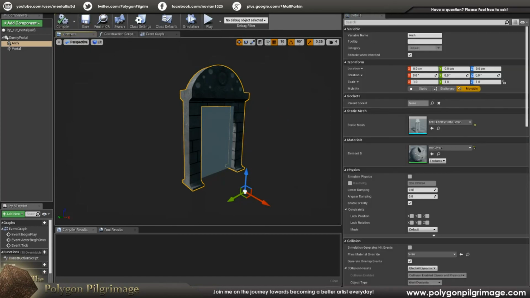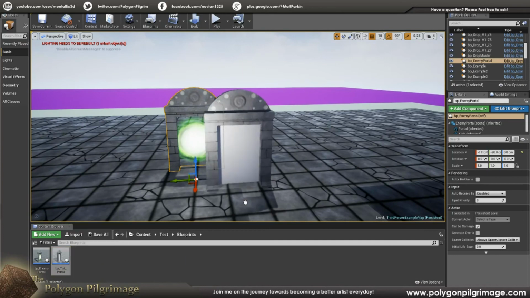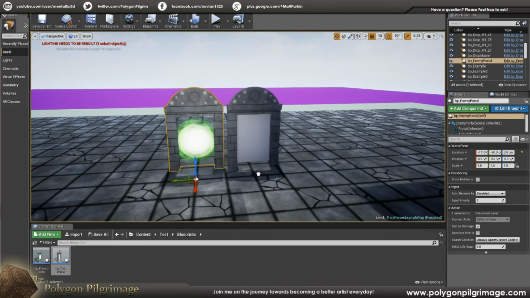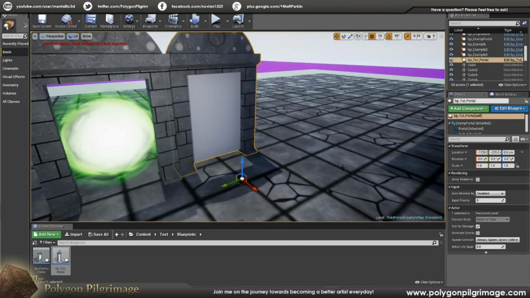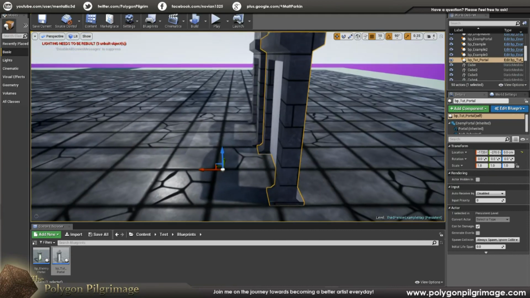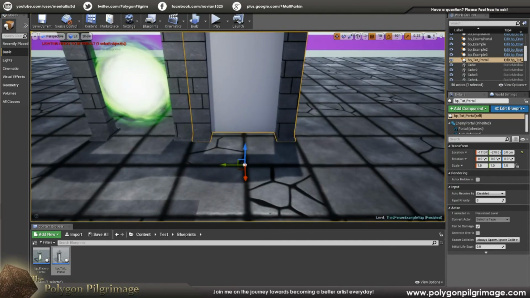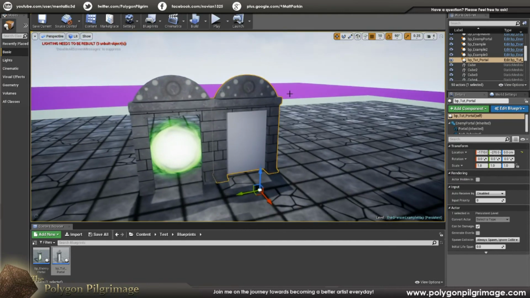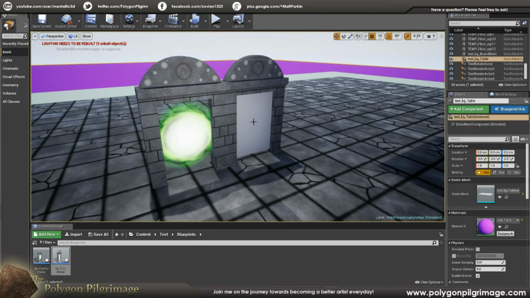So let's save everything, and just for show and tell, let's put our new portal, the one that you and I are creating together, next to this guy, okay? Put them side by side. And that looks pretty good. Let's bring them forward just a little bit. I'm a stickler for making everything exact. There we go. Side by side. Okay, so pretty good so far, but obviously this is not doing anything, so that's what we need to do